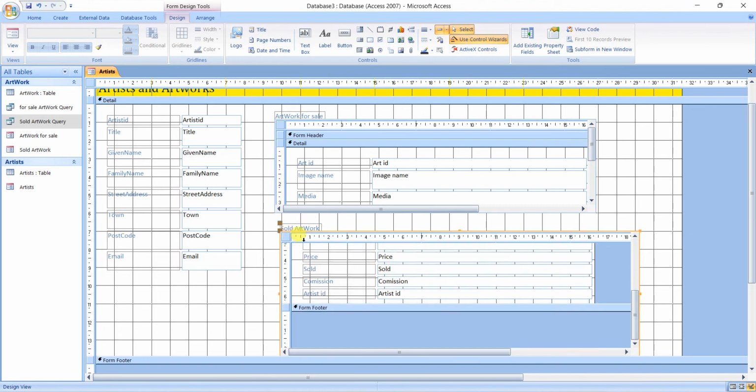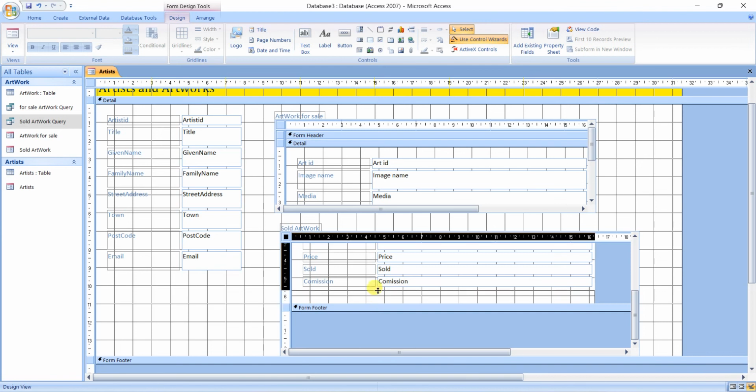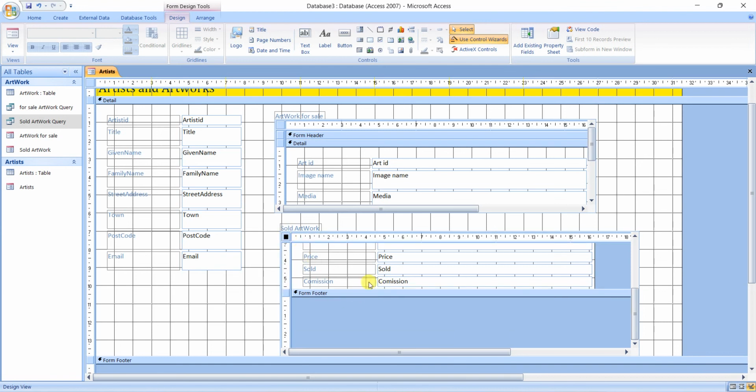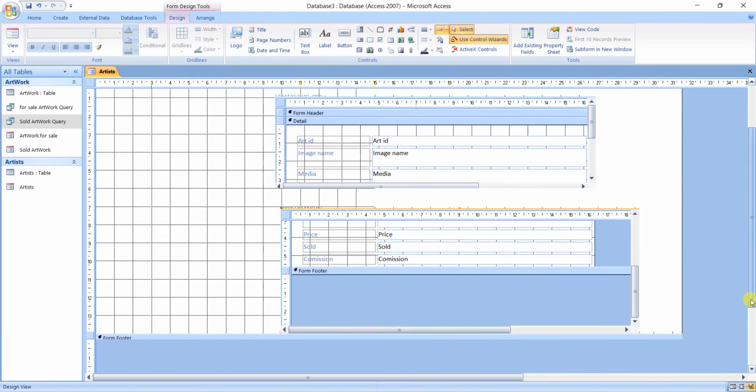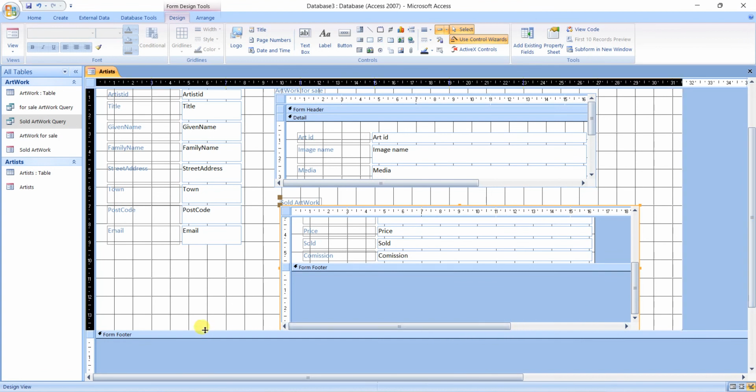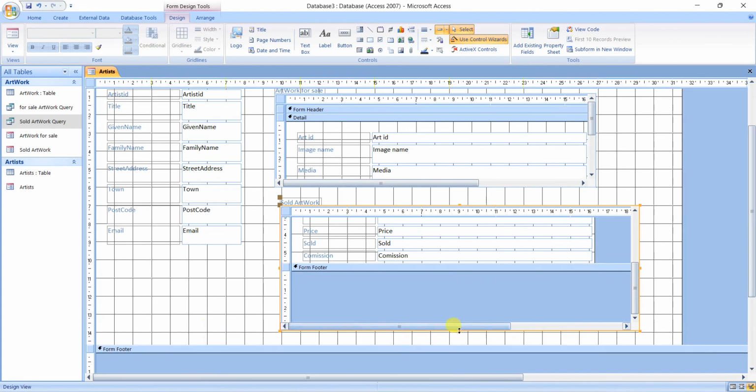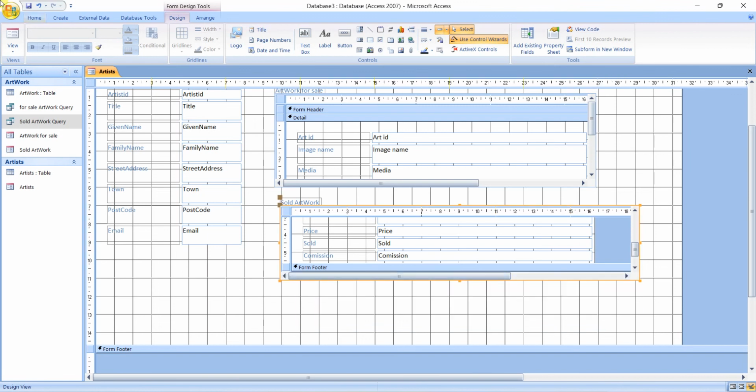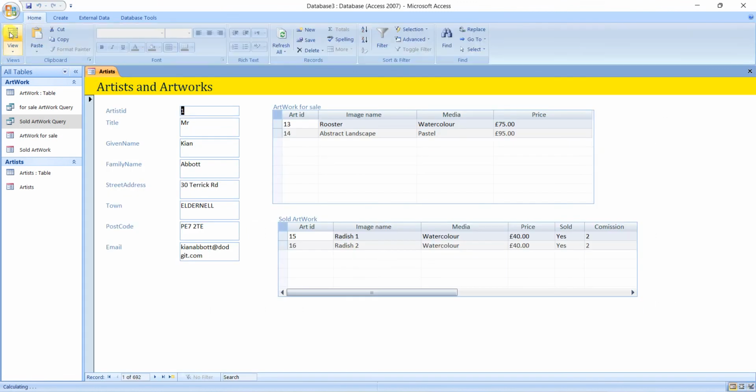Also here, can fix it. Now save and view,